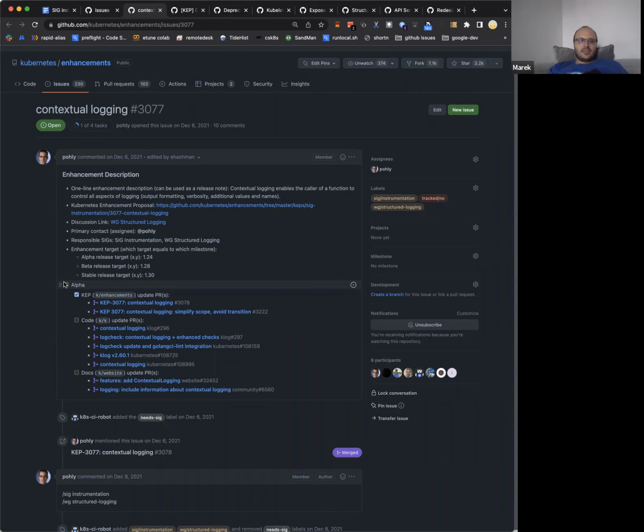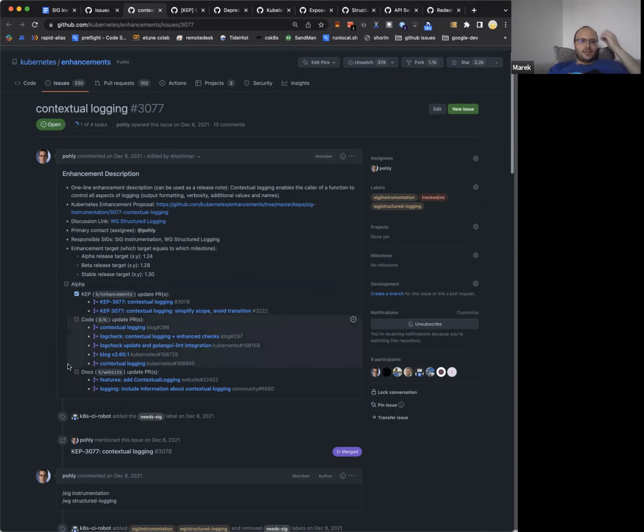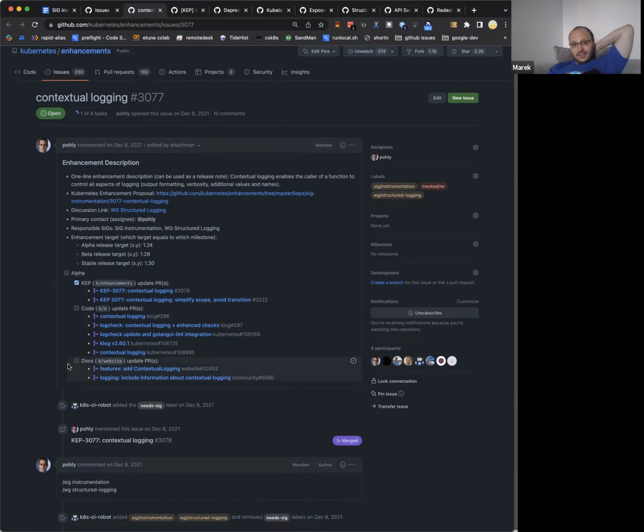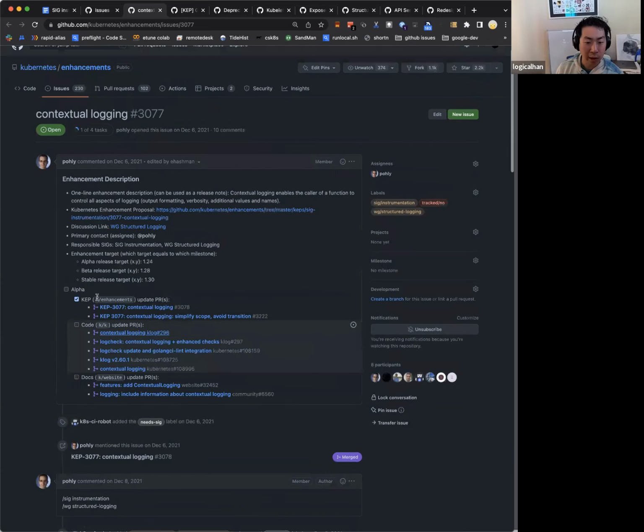Do you want to have the same tracking issue for beta? I mean, usually it's good to read before closing out. I think we should be in alpha in 124, but I would double check with the graduation criteria on the KEP. It looks like everything that was here for alpha is merged.